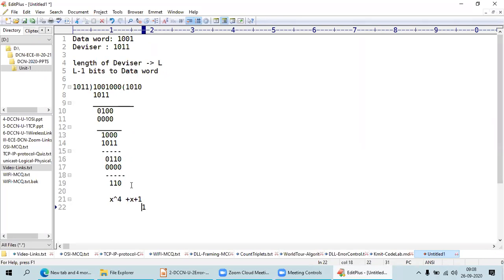Next, x power 1 is 1. Next, x power 2 is 0, x power 3 is 0, and x power 4 again you have to consider as 1. This is the equivalent: x power 4 plus x plus 1 is equivalent to 10011 in your binary format.